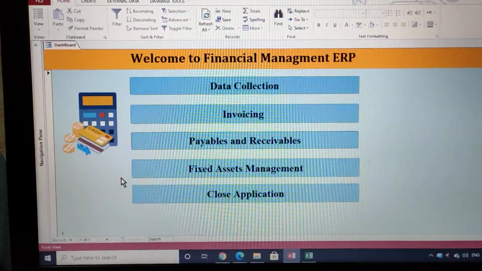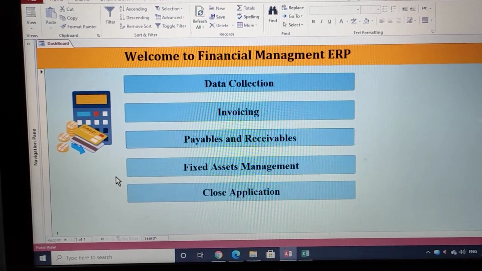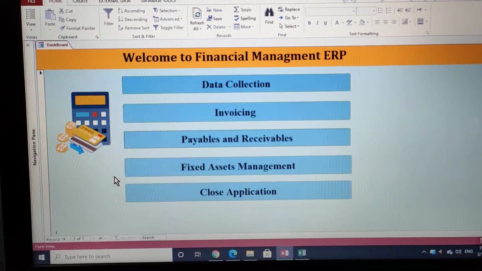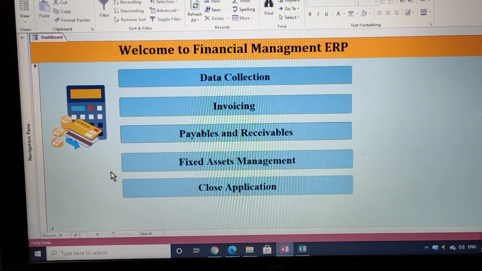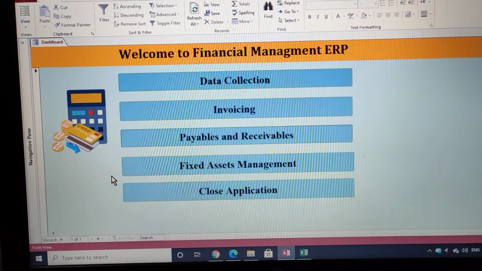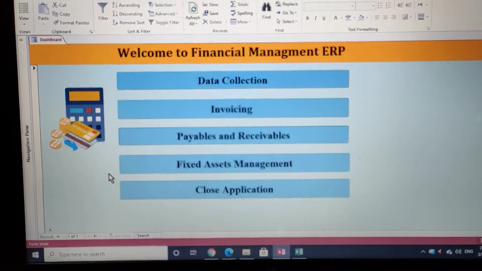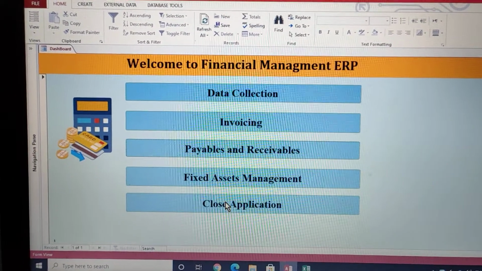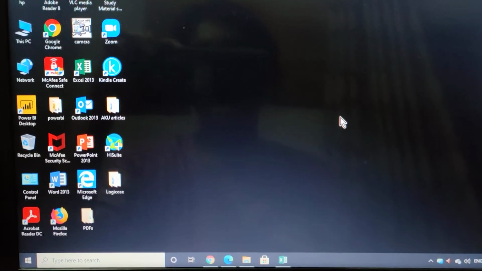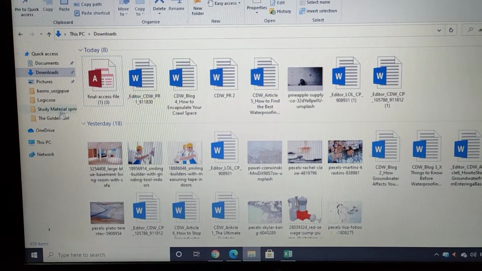One thing I would like to tell you all is that you can easily customize this ERP solution according to your business nature. For instance, if you own an online bookstore, I can customize the details for you. And if you own a hardware shop, or another shop, and you want to do the management yourself, I can customize the options for you. So that's it. With the close button, the application gets closed and you're back to the mode. So this is how it works.